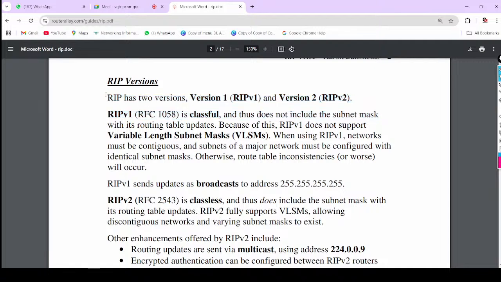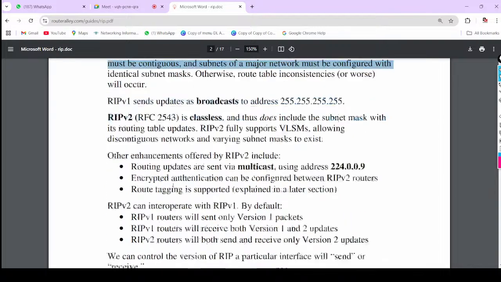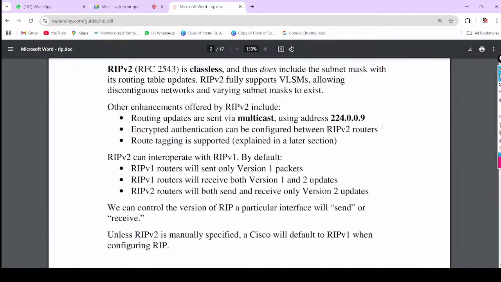RIP has two versions, version 1 and version 2. Now you can read about the differences. Nowadays we do not use version 1, but it is also included. You can read RFC 1058 also. Here you can see RIP version 1 is classful, version 2 is classless, VLSM supported, multicast address,